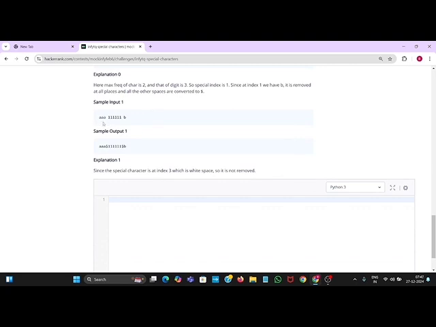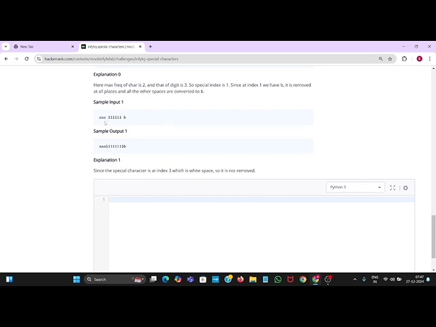Here the input is AAA space 111 space B. For the special index of this input, consider the alphabet case. Here there are two alphabets, A and B. A occurs 3 times and B occurs 1 time. Out of these two, the maximum is 3. Coming to the digit case, 1 occurs 6 times, so it is the maximum for the digit case. The special index will be the absolute difference between the maximum occurrence of digit and the maximum occurrence of alphabet. So 6 minus 3 will be 3.